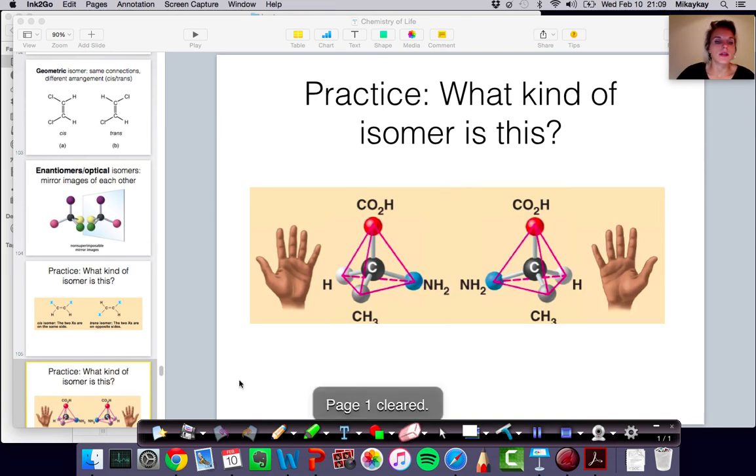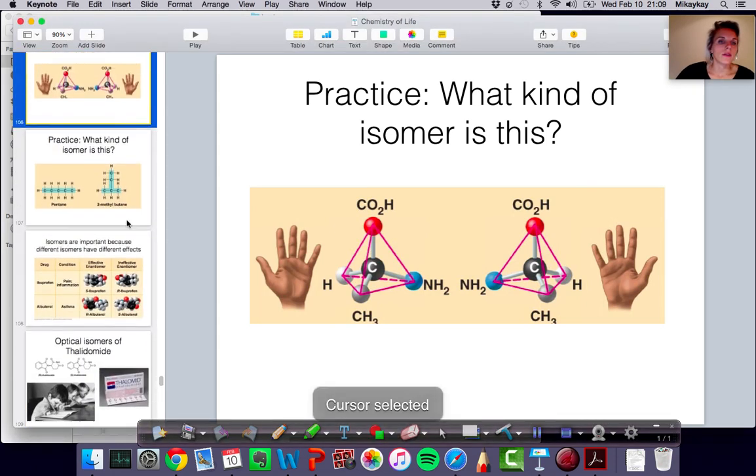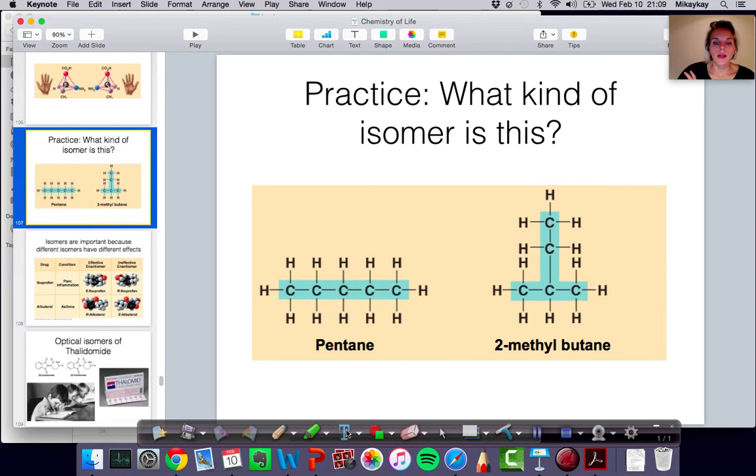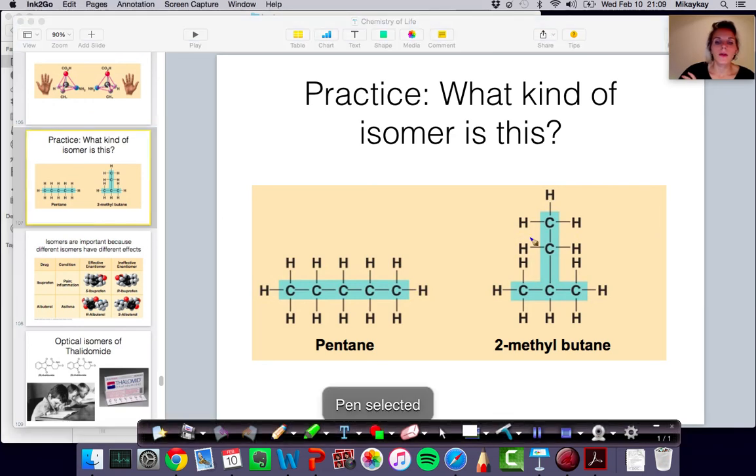Let's go to the next one here. So, what kind of isomer do we have here? Hopefully by now you figured out these are structural isomers